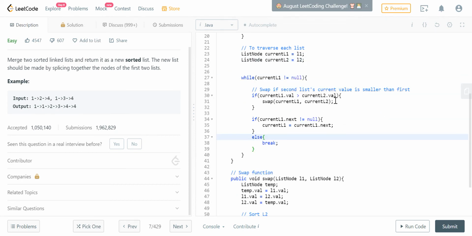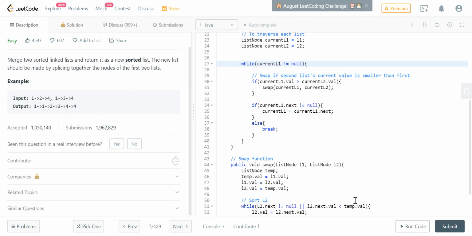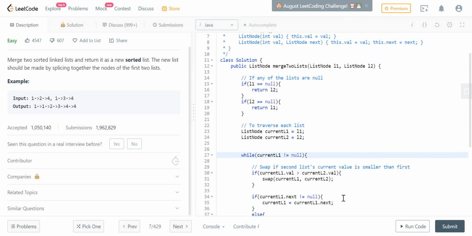Okay, still have the while loop. Okay, so current L1. Okay,